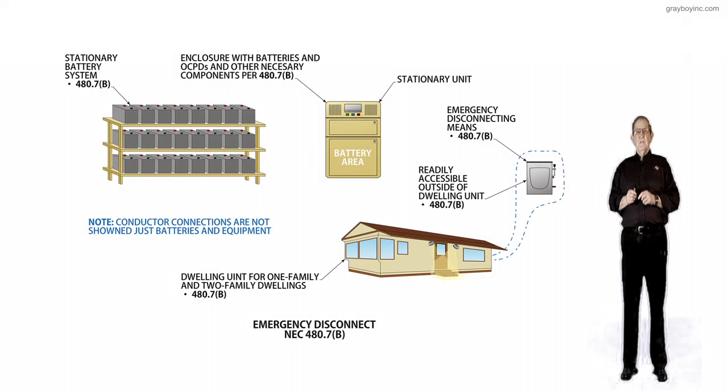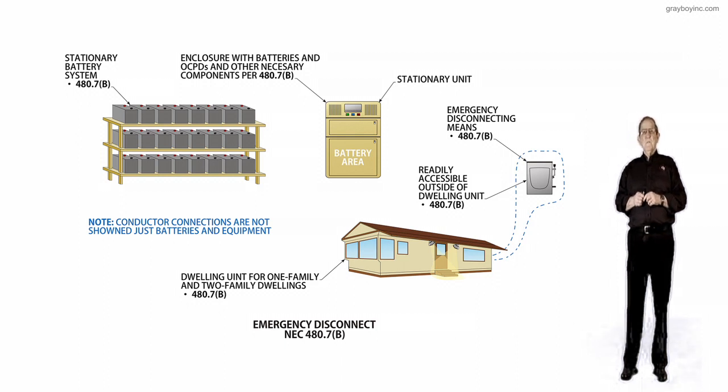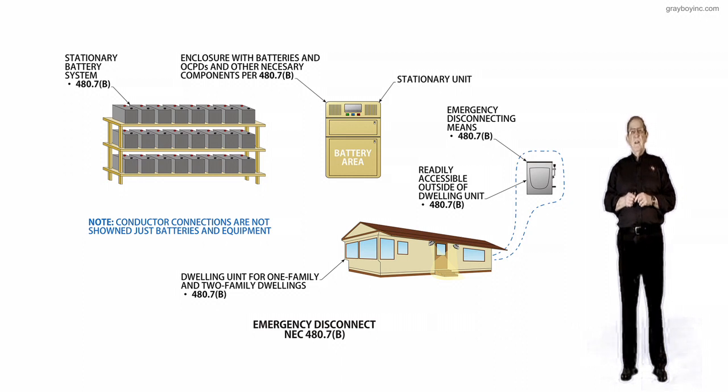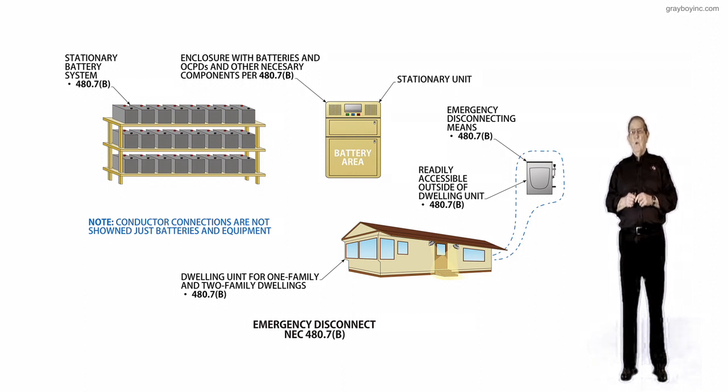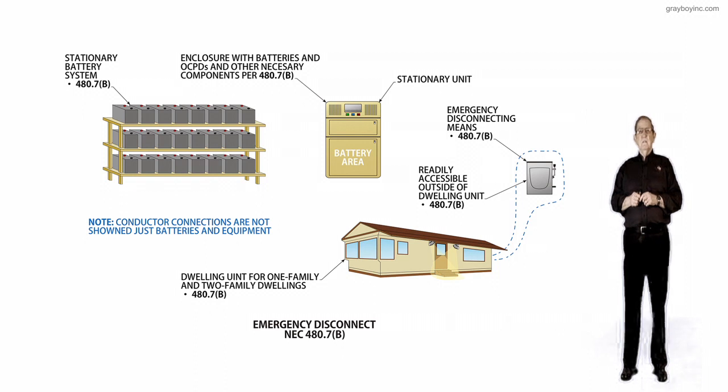This illustration deals with the emergency disconnect in accordance with NEC 480.7(B). The purpose of the change was to provide a new subdivision. This new subdivision has been added to clarify the requirements for an emergency disconnect for one and two family dwellings,